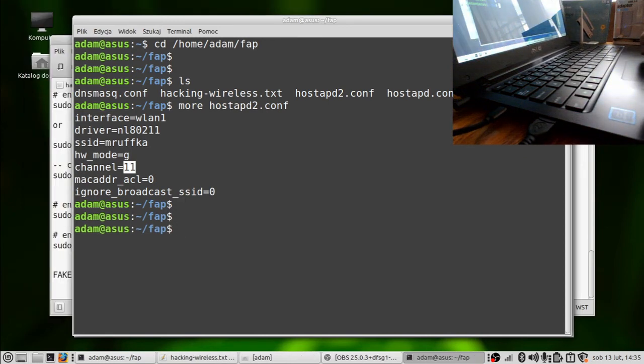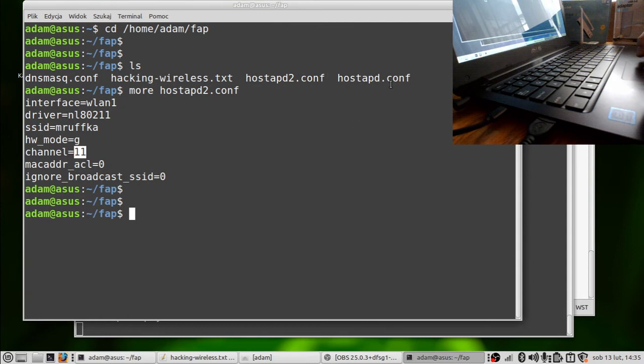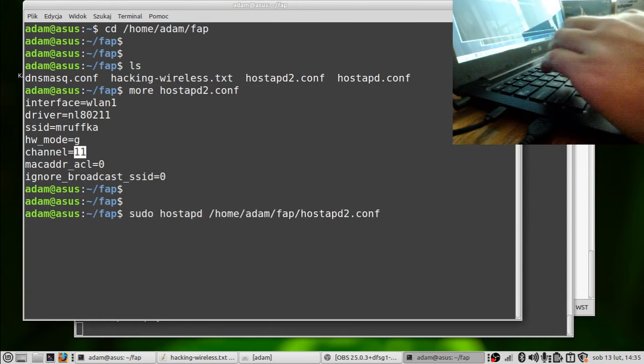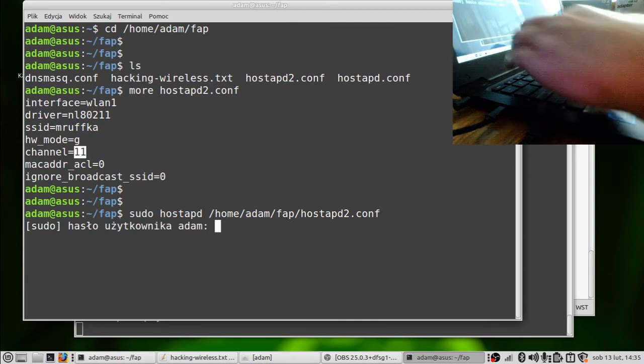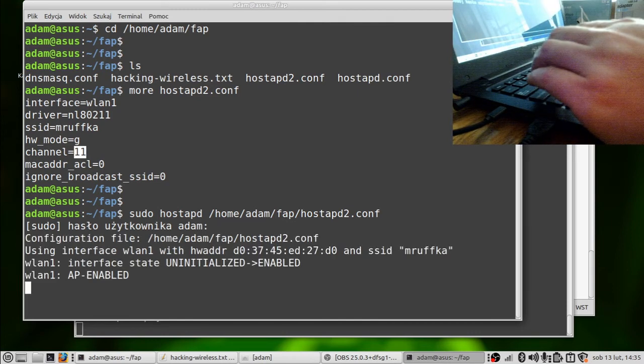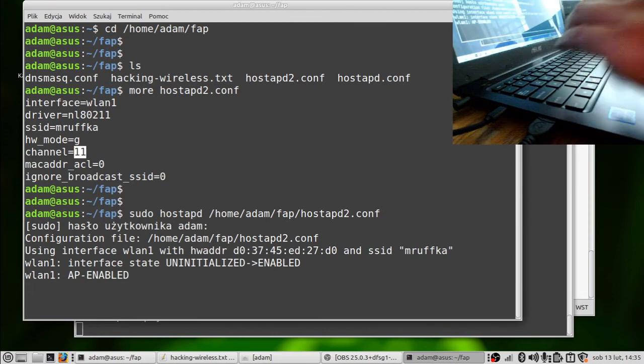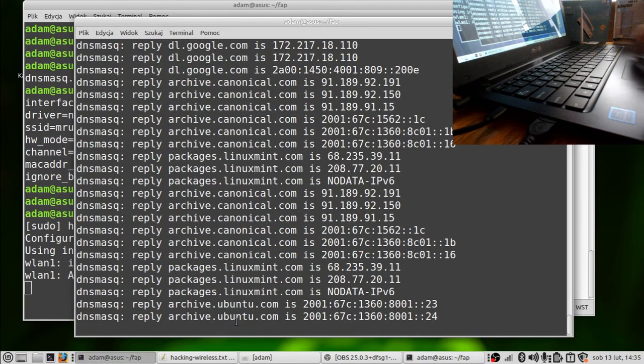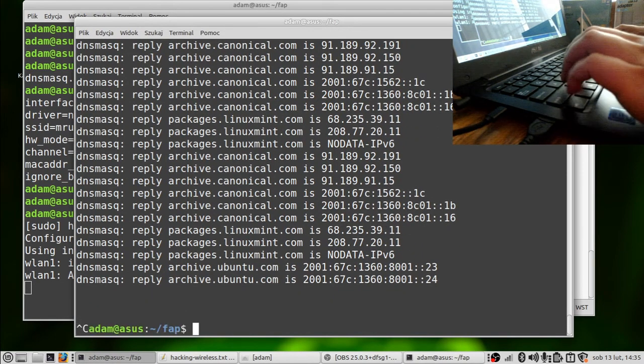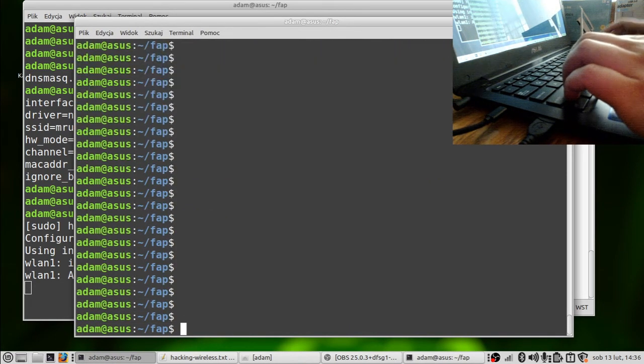So let me close the previous terminal window. And right now we are going to launch the hostapd daemon once again. Okay, we have it now launched. We also have this. Yeah, let me launch it once again.